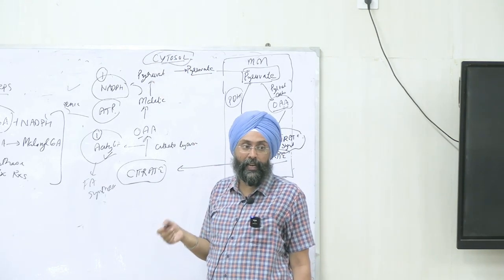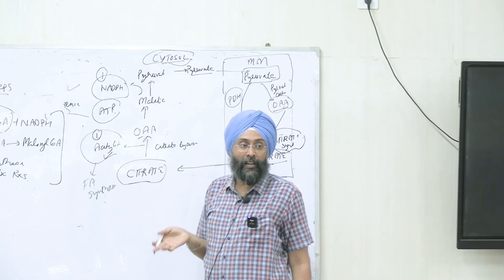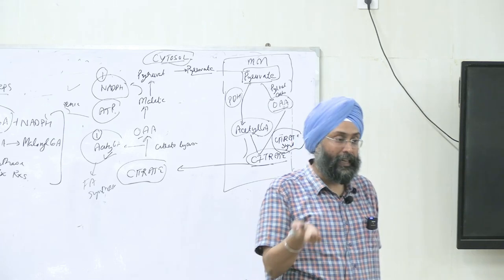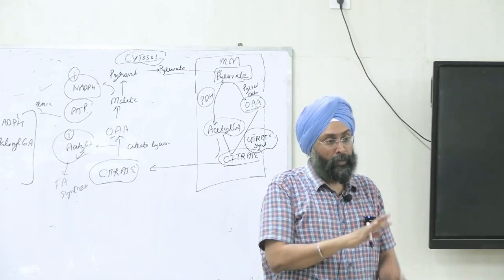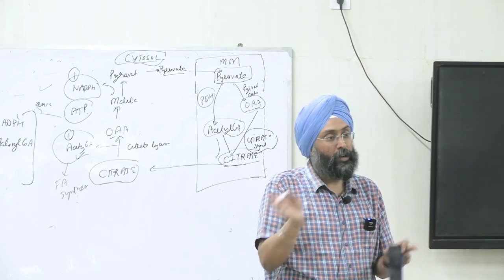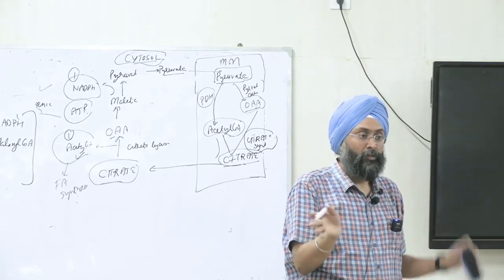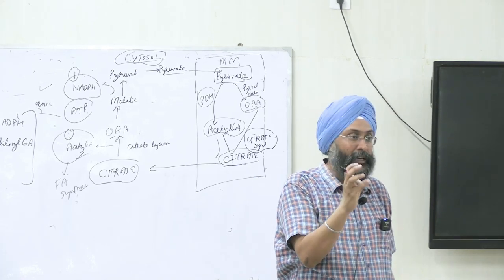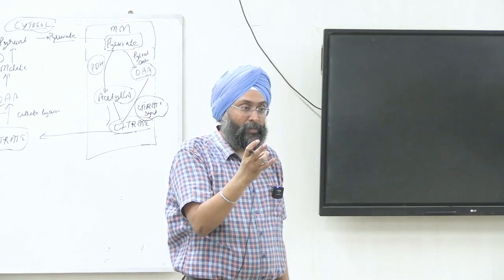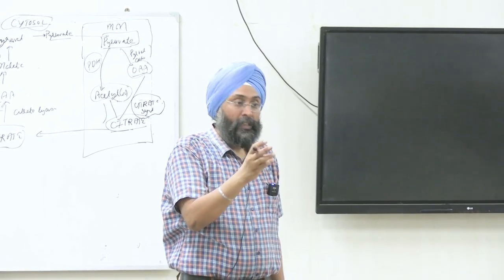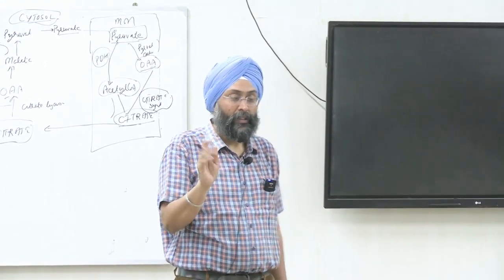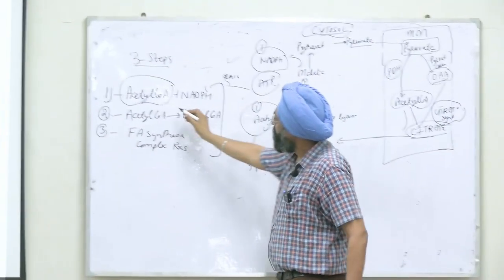Organ is liver, kidney, adipose tissue and lactating mammary gland. When the fatty acid synthesis goes on in the body, when we have extra calories or you are taking extra glucose, normally used for processes of the body, extra proteins, normally they are used for bodybuilding, everything, but extra is diverted for fatty acid synthesis, right? For fatty acid synthesis, you require three raw materials: acetyl-CoA, NADPH, and ATP. NADPH comes from HMP shunt. Acetyl-CoA formed in the matrix, but it has to be brought into the cytosol. Third is ATP, it will provide energy, right? Now we have all these raw materials in the cytosol.